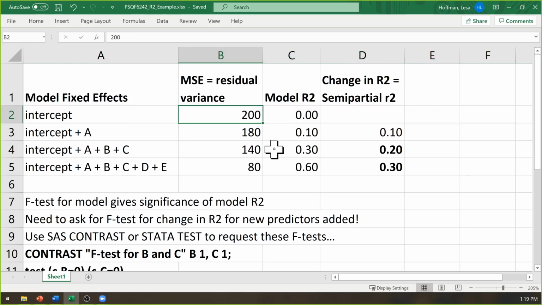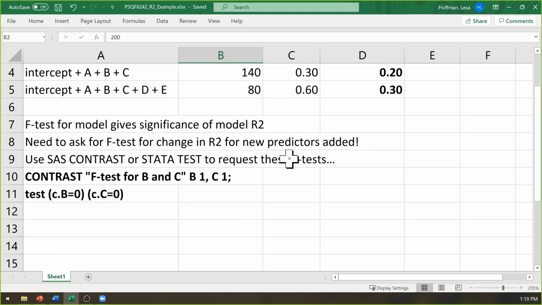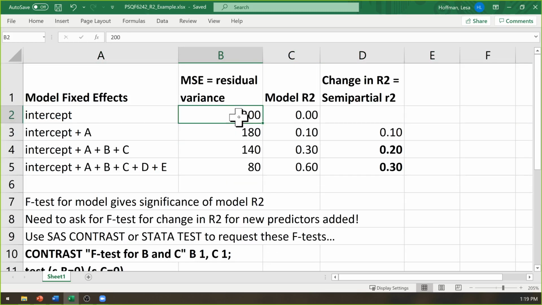If I have no predictors in my model, then what I'm calling residual variance is actually all the variance that there is to be had. Remember that from before? Empty model has no predictors, so the residual variance is just each outcome deviated from the mean, which is just all variance. So the model R square for that would be 0. That's my baseline, haven't explained anything. That tells me how much variance is up for grabs.